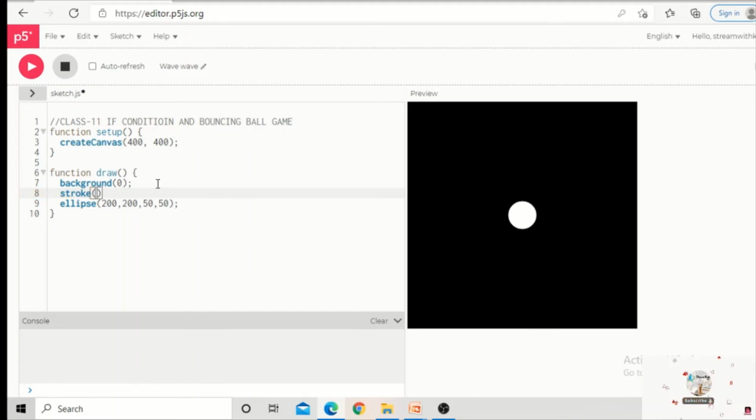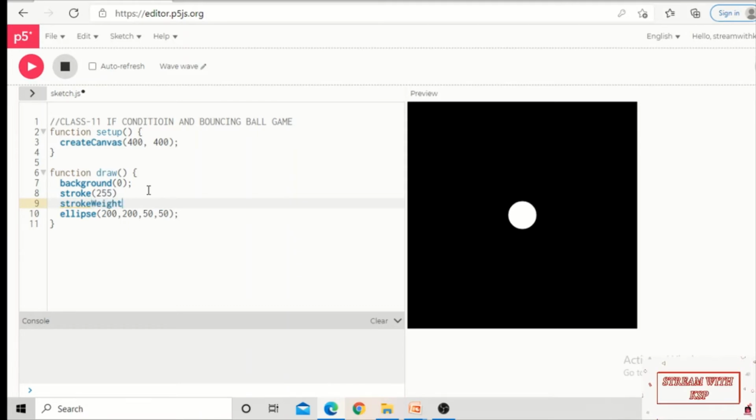I am giving the border the white color itself. And then I want to give the thickness for the border with the stroke weight instruction. Stroke weight, I want to give 4. First let us check it. Yes, we got some border, but as we have the black color background, we are not able to see.